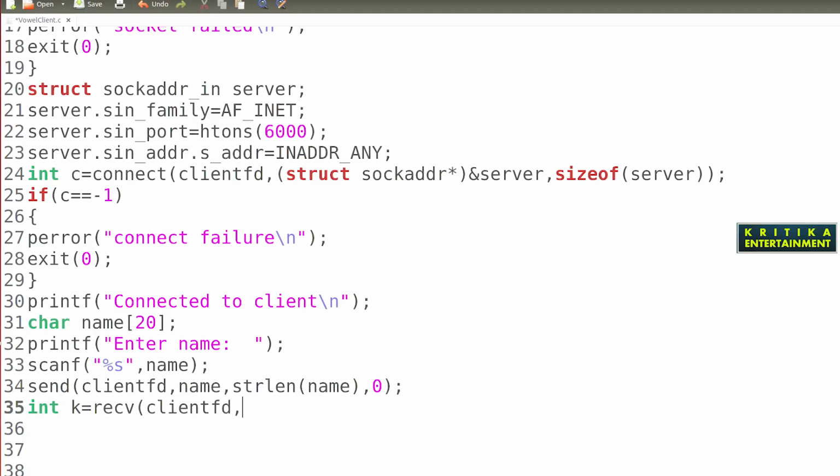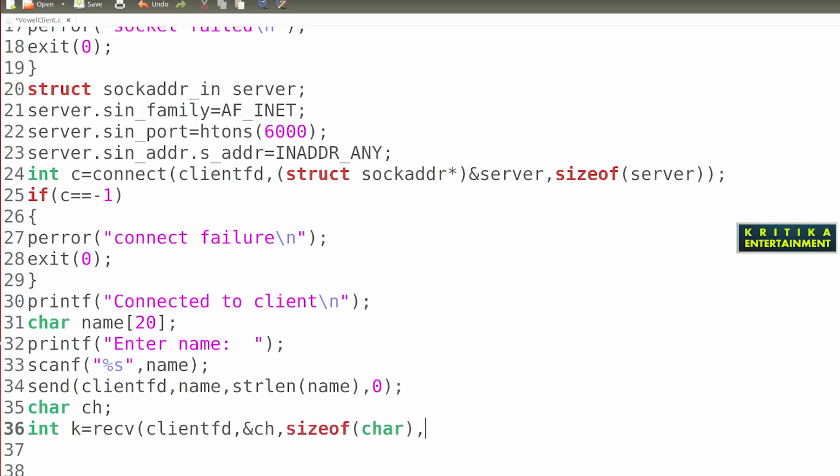Then declare one character, char ch, ampersand ch, then size of char, then flag 0.